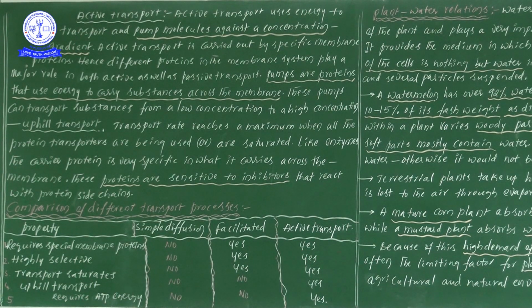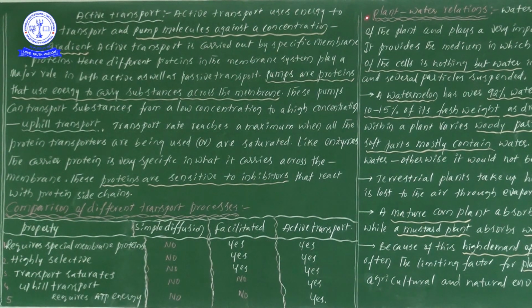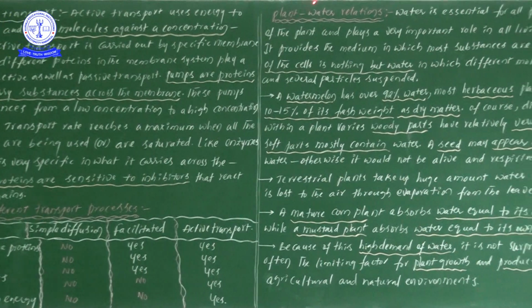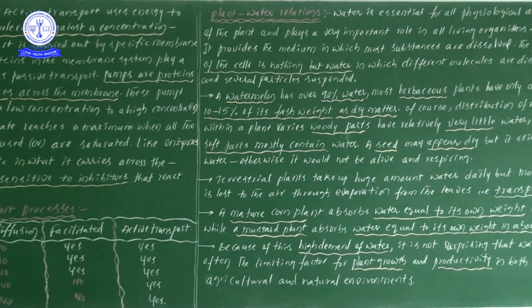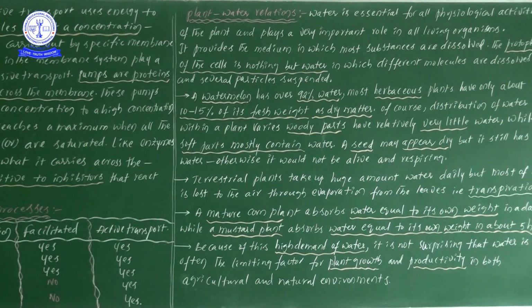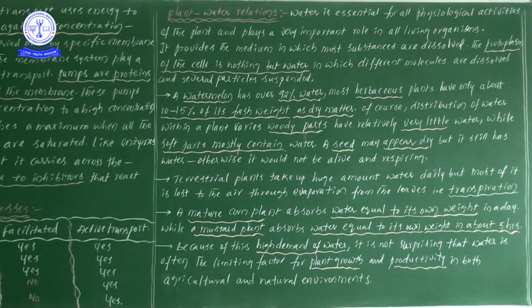Next one, try to remember the plant and water relations. From the plant and water relations point of view, what are the main important points to be discussed under this side heading is,